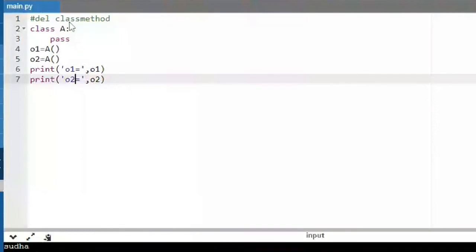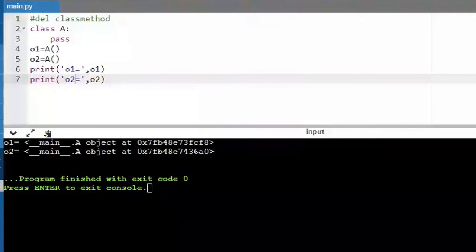Girls, can you see it on the screen, everybody? You can see I got some description about object O1 and object O2. First it is telling me in which module this object is. This object is in the main module, so it is giving me underscore underscore main underscore underscore, which is the name of the module. You can see main.py, right? So it is in the main module, and A is the class name.